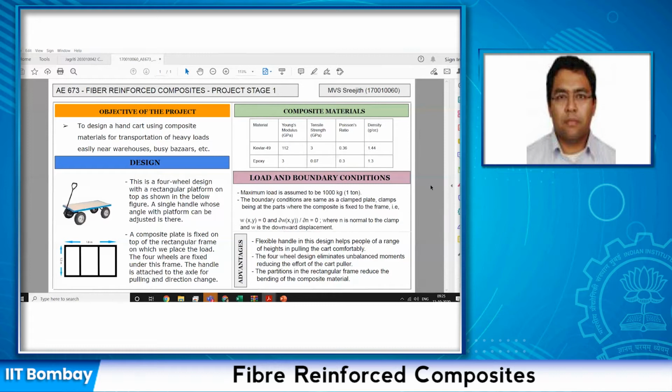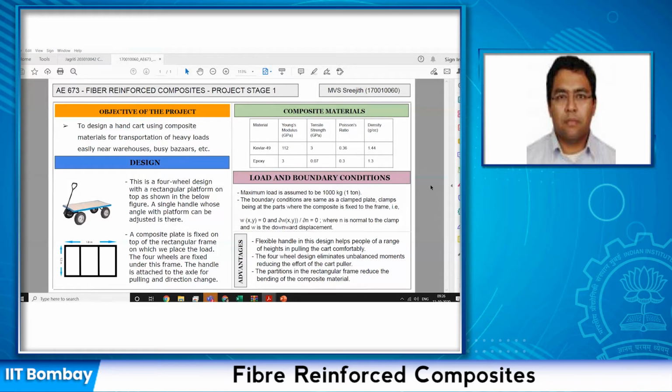So for that, generally, this is a famous model where we can use four wheels and a flexible handle to move the load from one place to other. But what they do is they use all metal body frame and metal handles, and that will be a very heavy design. So we can optimize, like we can reduce the weight of this using composite materials and using other less heavy materials like aluminum or something for the rest of the body frame. So there'll be a rectangular frame on which we place the composite material, stick the composite material, and on that we can place the load and transport the load.